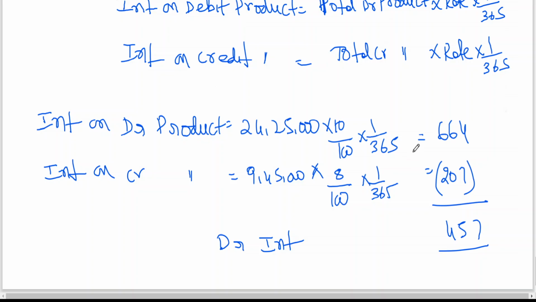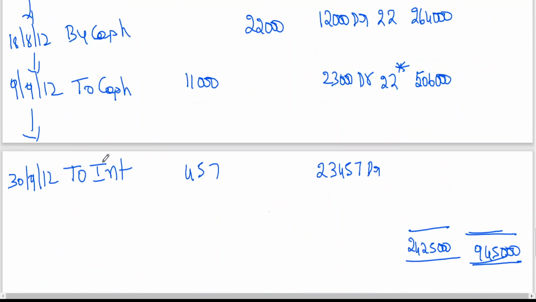Okay. In this case, the last conclusion: since the debit side product is showing more, we are getting more debit interest. If the credit side product is more, then there is credit interest. Credit interest means you should write by interest. And even though you are having debit interest, if credit is more, what happened? The amount will be subtracted. Suppose we have 23,000 and 457 credit. Then 23,000 will come down because of credit interest. Since it is debit interest, it is having a debit product, a debit balance. The debit balance has further increased.